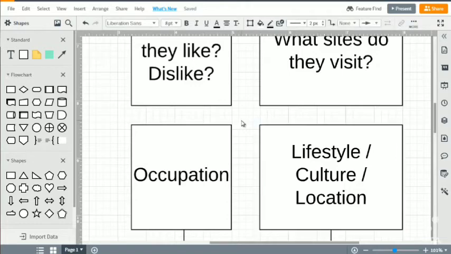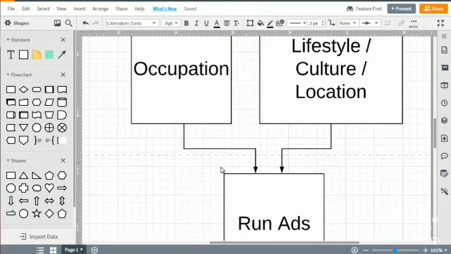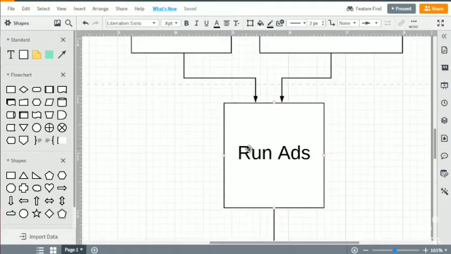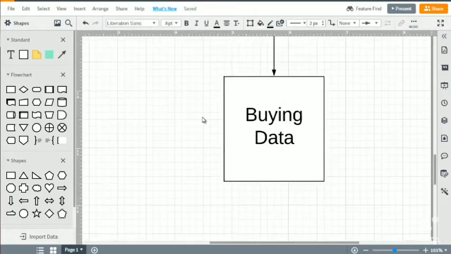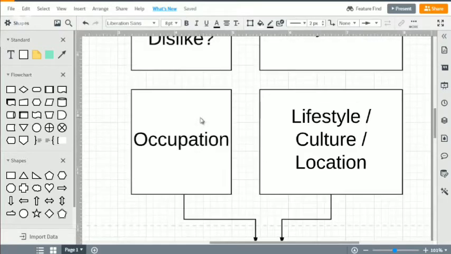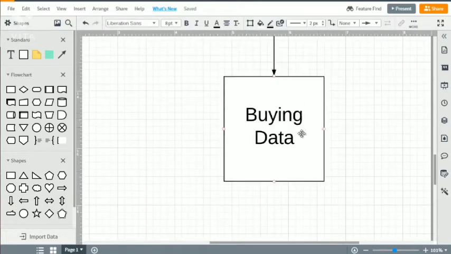So based on all this information, what you want to do is get an idea, and then the process is you begin to run ads based on this information, and then based on the ads and the data that Facebook gives you, the data tells you exactly what that person looks like. And that's something that you can't really do with search engine optimization or other types of traffic. That's the beauty of Facebook ads. So once you figure out exactly who is clicking on your ads and what kind of interest they are grouped by, it'll make your life a lot easier.